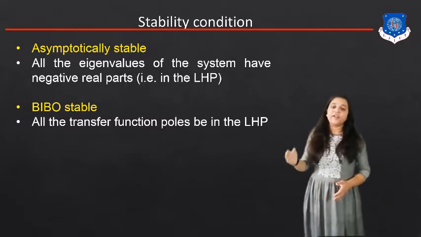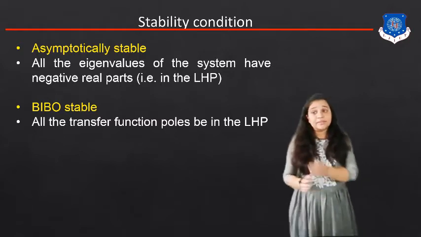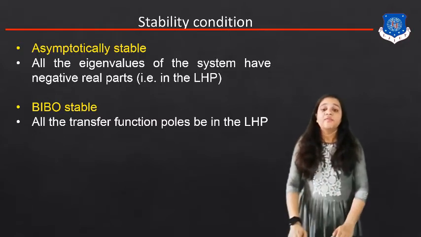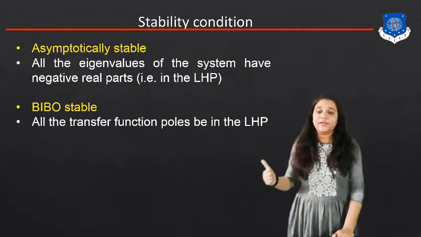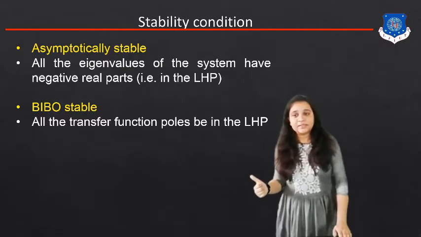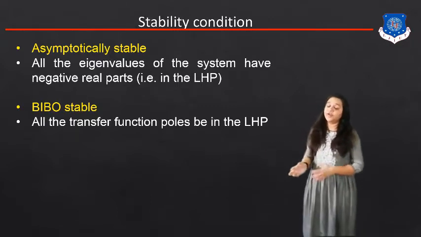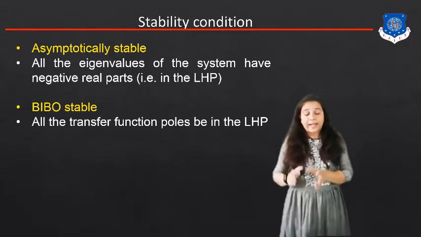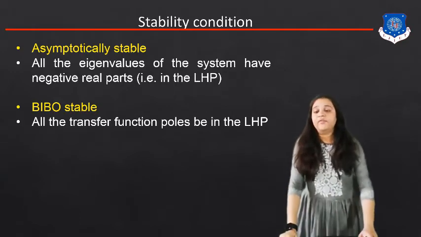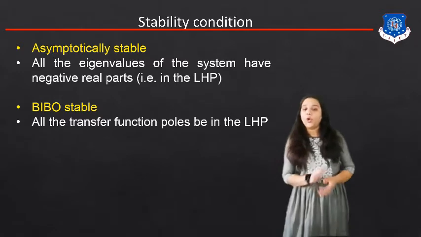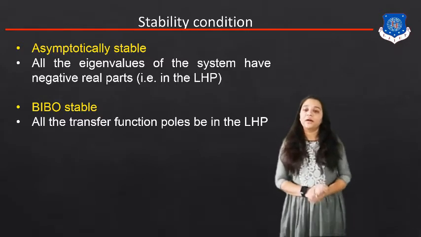That means left hand plane. Because whenever the system is asymptotically stable, we can get the value in the imaginary axis. Now, what is the stable system condition? That we have to study in the control system. All the transfer function poles or zeros will lie in the LHS. If any poles or zeros are located in the right hand plane, that type of system will become